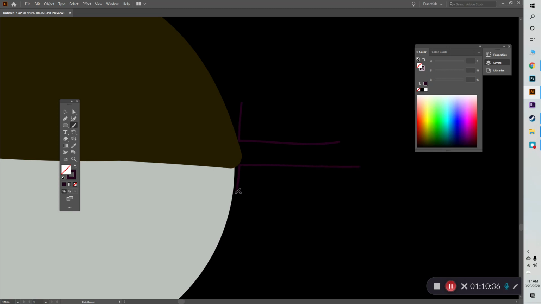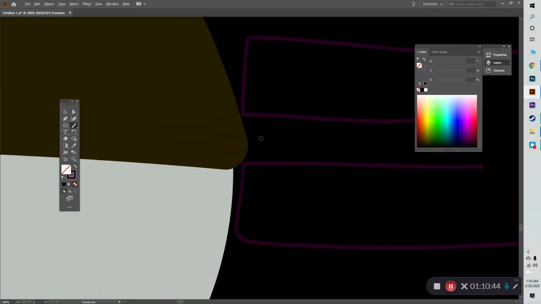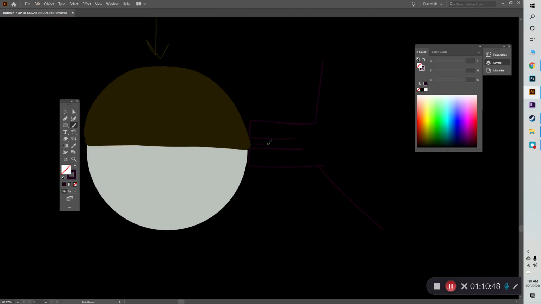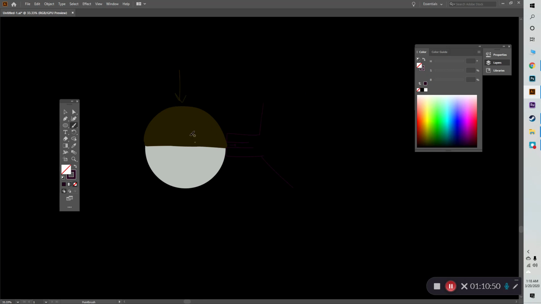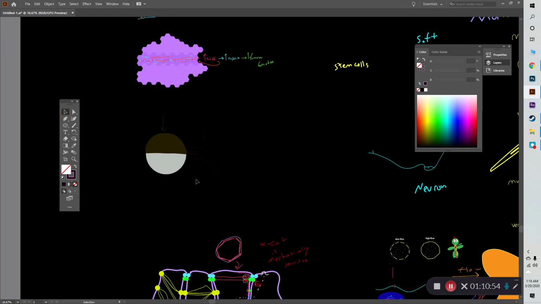Real small, like a little device. And then this whole thing hooks up to a big machine. And that just sucks on this, aspirates, and you can measure how much the force is and all that stuff. So it's a push and pull on embryos, basically. And what they found is that as this develops over time, instead of it looking like that, it would look something like,